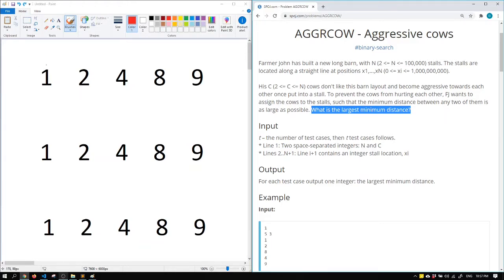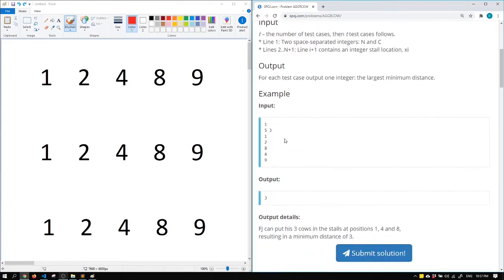So here on the left side, I have our very first test case. If you look at the input, there are 5 stalls indicated by the first integer in the second line, and 3 cows indicated by the next number after the number of stalls. So here, on my Microsoft Paint, we have to place 3 cows in any of these 5 stalls. So for example, just picking some random stalls, if I place cows in stalls 1, 2, and 9,